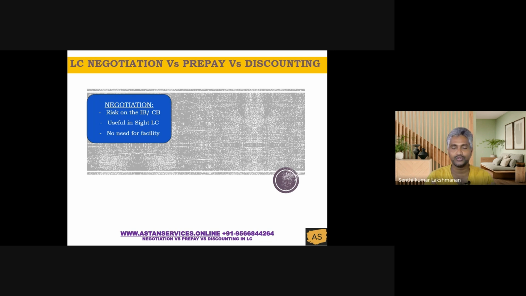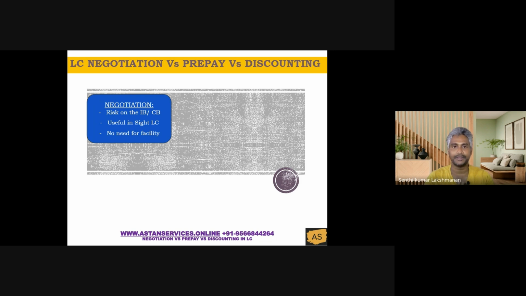If you don't do that, if there is no debit authority, then you ask the LC to be under negotiation so that you make the payment upfront, you charge the interest, and let the sight LC reimbursement or the remittance come later. So as a nominated bank, you will be getting the interest charge for the time period where your funds are out of your pocket. Now this is where the sight LC under negotiation is helpful.